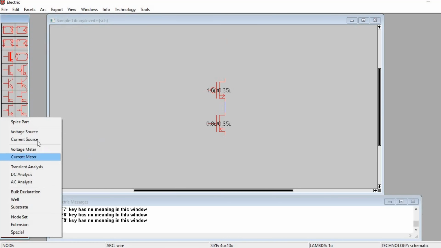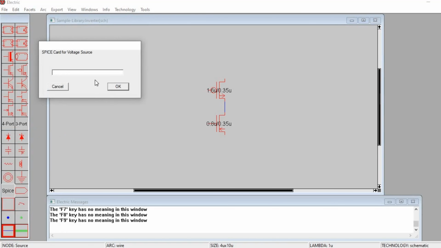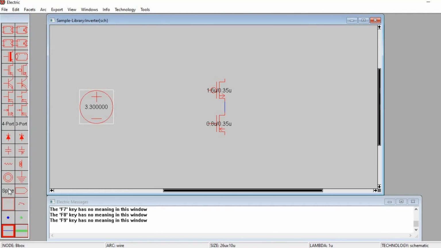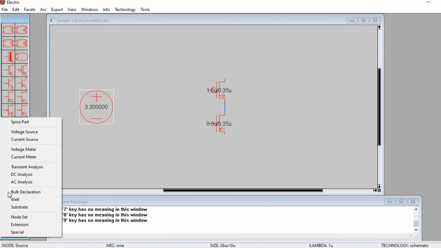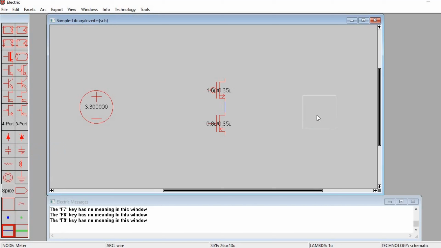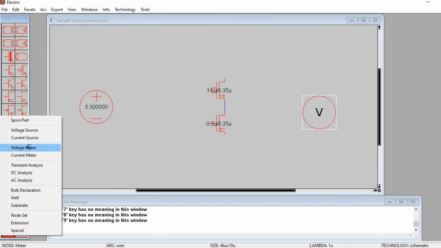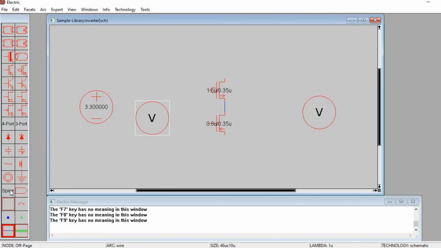So SPICE, we will get voltage source, just 3.3. Next, we need voltmeter for our input and output. Voltmeter 1 and voltmeter 2.